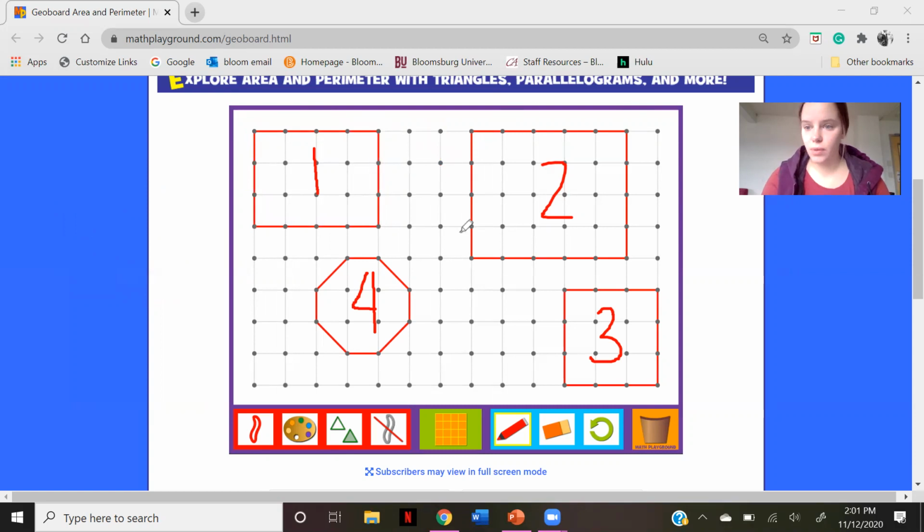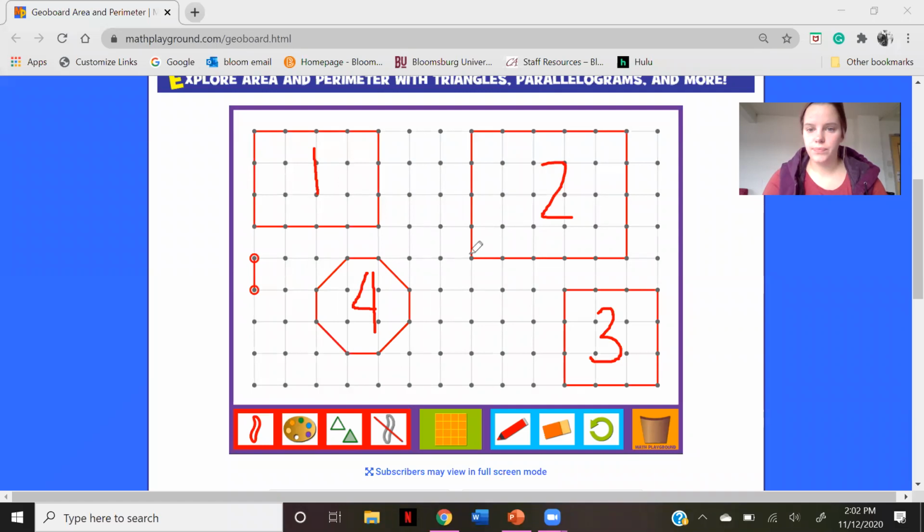All right, so this one I want you all to make on your geo boards too. You can clear using this little thing if you have any rubber bands on there, and then this little guy is how you put the rubber bands on. So then I just want you to make this exact shape. So it's 1, 2, 3, 4, 5, 6 dots down, and 1, 2, 3, 4, 5, 6 dots across. But we'll see that it's different. All right, I'm gonna get started on